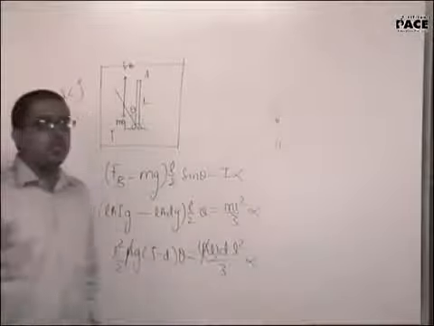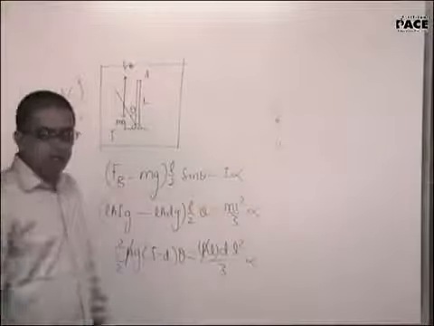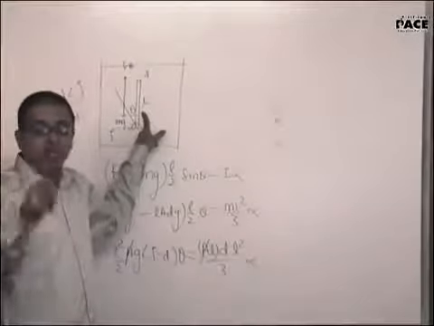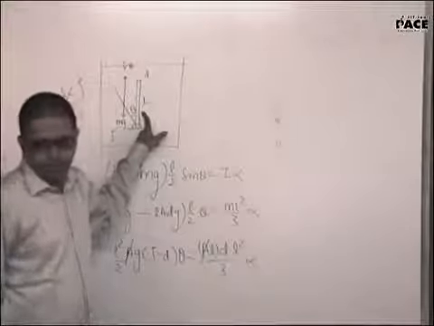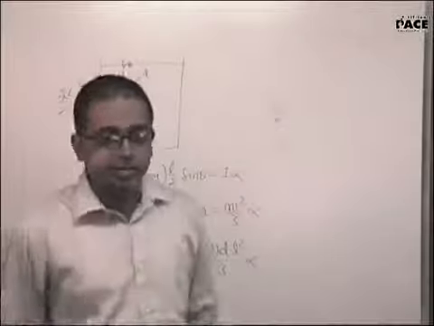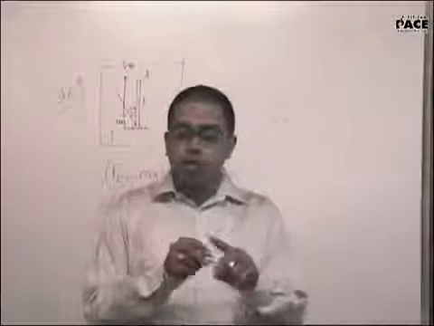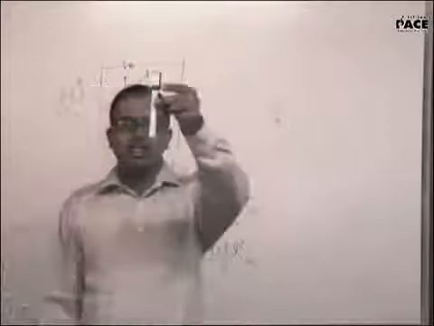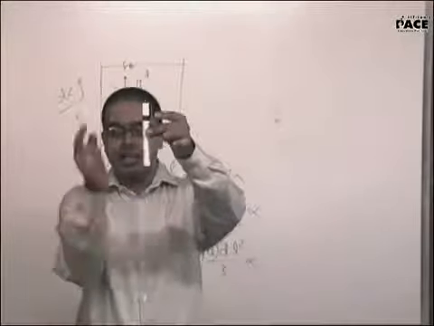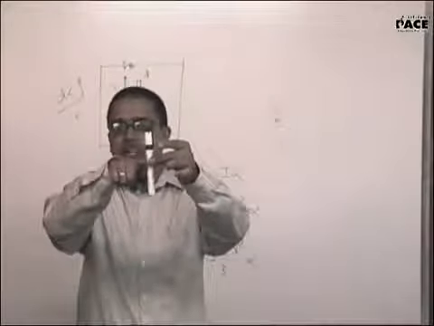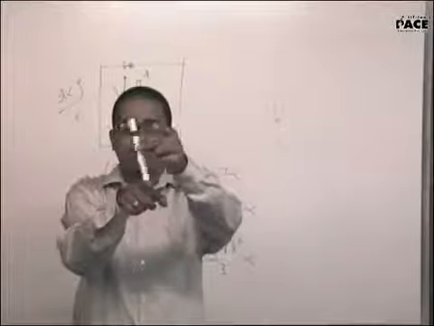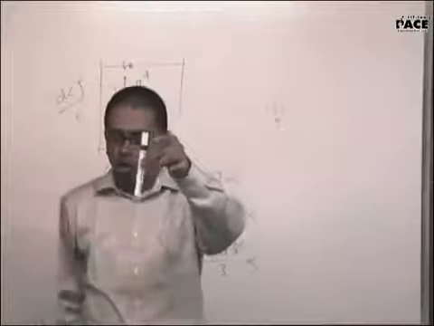Then what is the conceptual mistake that they have committed? The conceptual mistake is, if this is a thin rod without area of cross section, volume of the liquid displaced is 0. Buoyancy will not exist. Then what do you want us to use? They were supposed to tell you that this is a solid cylinder. Give me the area of cross section. You know the moment of inertia for a solid cylinder about this. Using the parallel axis theorem, we would have translated it about the lowermost point. Is the point clear to all?